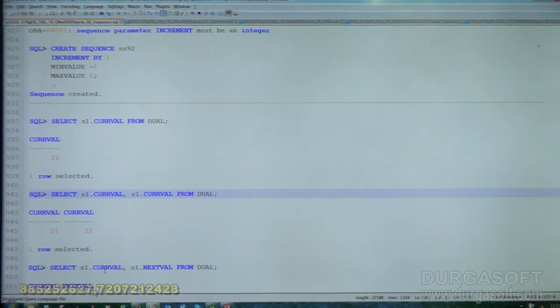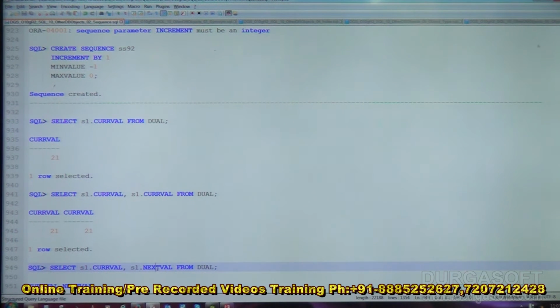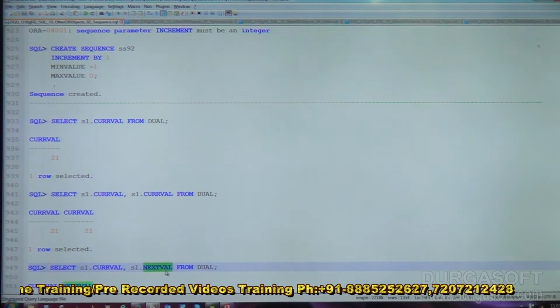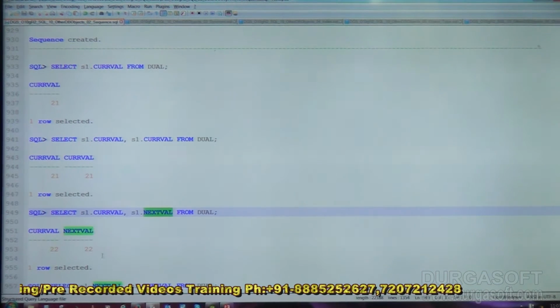Next, Currval and Nextval, we use in the same statement. The Currval is 21, which is recently generated. Nextval is the next available value, which will be 22. So 22 will be generated. So our expectation is 21, 22. Right? But both will give the same values. The value will be based on the Nextval, 22 and 22, because